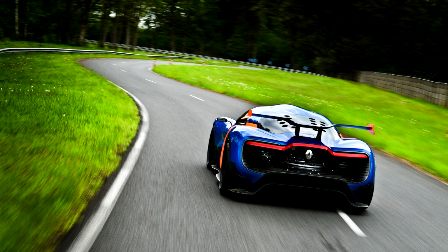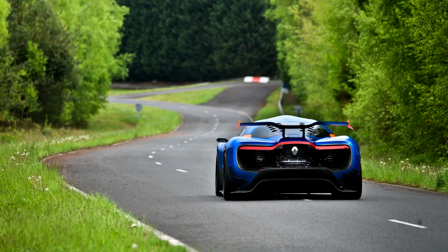Serious stopping power. The braking capability of the Renault Alpine A110 matches its performance. At the front, large 356 mm diameter steel discs are slowed by 6 piston calipers. At the rear, the discs are 330 mm in diameter, while the calipers are 4 piston models. Developed on the same technical platform as Megane Trophy, the Renault Alpine A110 concept car also boasts the same chief